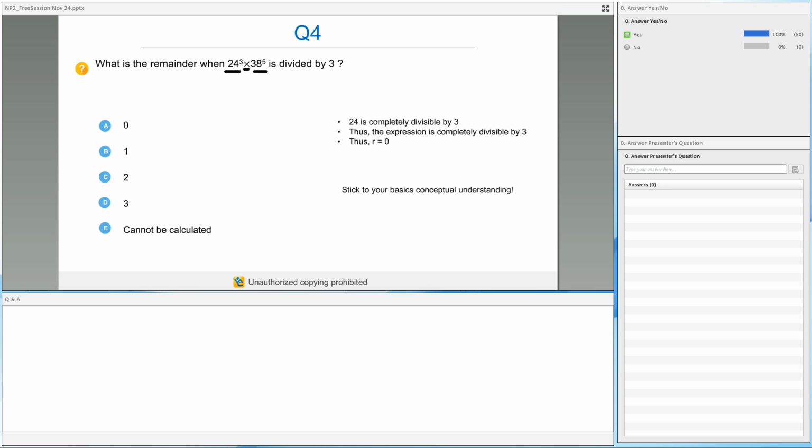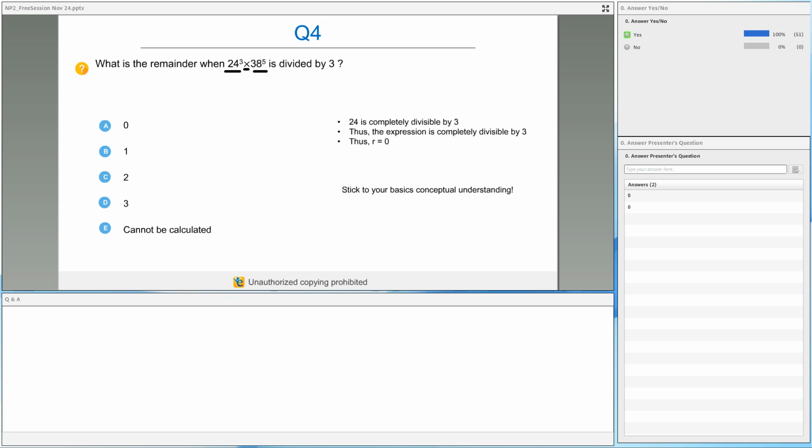Now 0 into anything. Now 38 to the power 5 is 1. 1 to the power 5 will be what? 1 only. Sorry, here you are getting 2 to the power 5. Really sorry. 38 by 3 is 2. Remainder is 2. So 2 to the power 5 into 0 will give you 0 only. That is why I did not go into the calculations out here, because it wasn't needed, Varun. It's not that I'm ignoring the powers. I'm not considering them because I already have a 0, and 0 into anything will give me 0. That is why I'm not solving it.